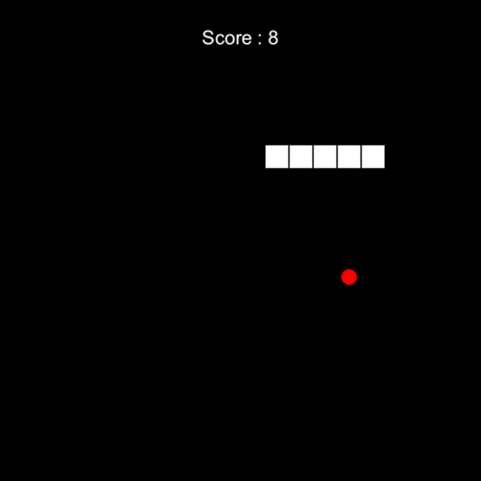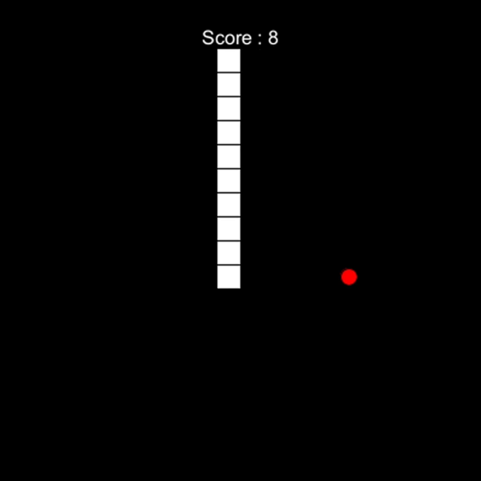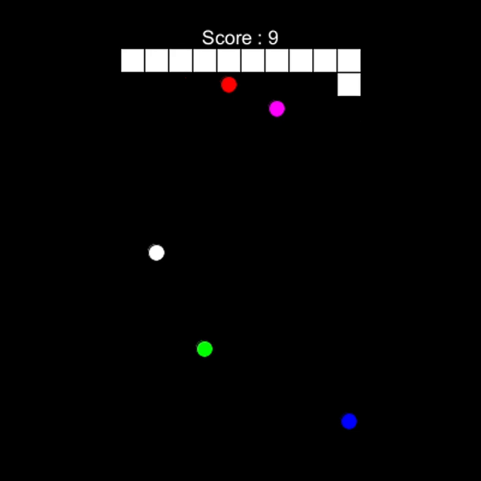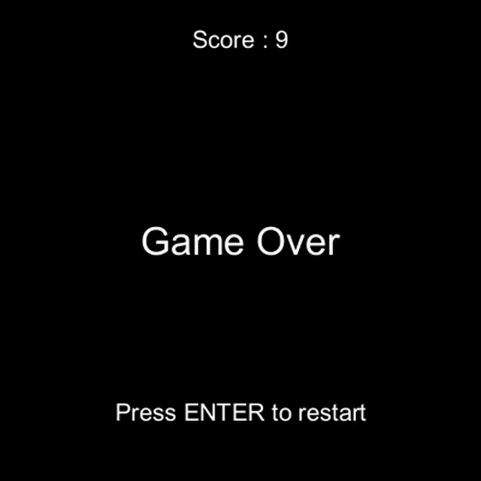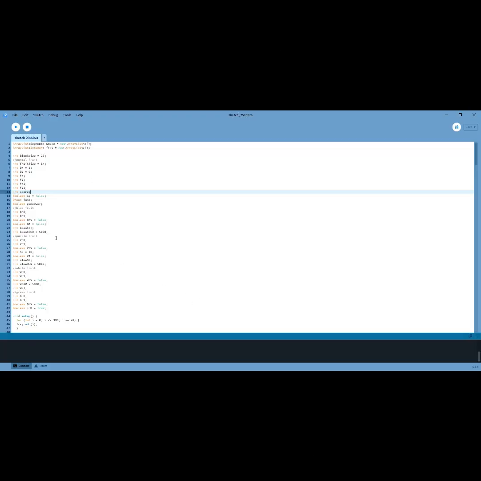Green fruit, it adds 5 segments and 5 points. And the red fruit again, it adds 1 and it triggers all the spawning. And then lastly, white fruit is a game over fruit. And then you can press enter to restart. That's our game. Okay, so the way our snake game works is we have a snake array list, and each